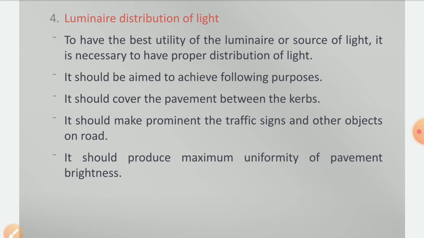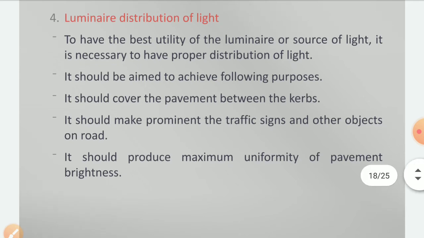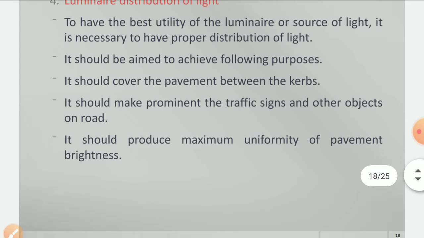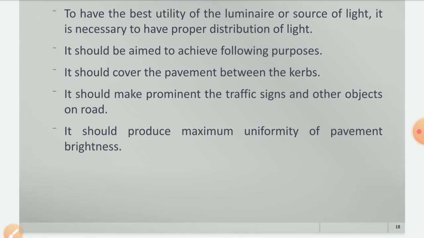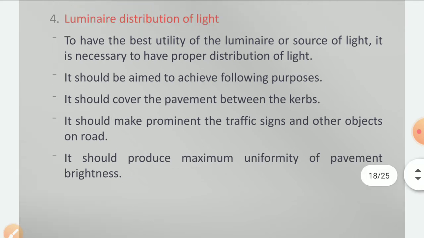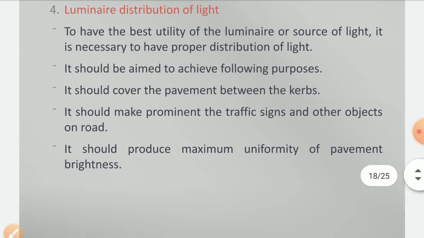The traffic signs and traffic lights should be prominently visible to the observer. Then it should produce maximum uniformity of pavement brightness. Pavement is nothing but the road; uniform brightness should be present on the road surface. Okay, these are some of the points to be